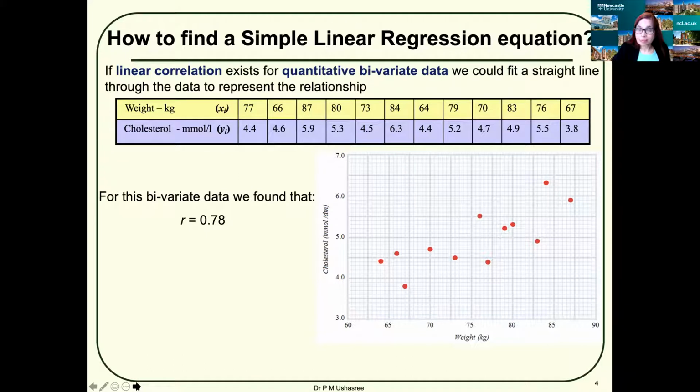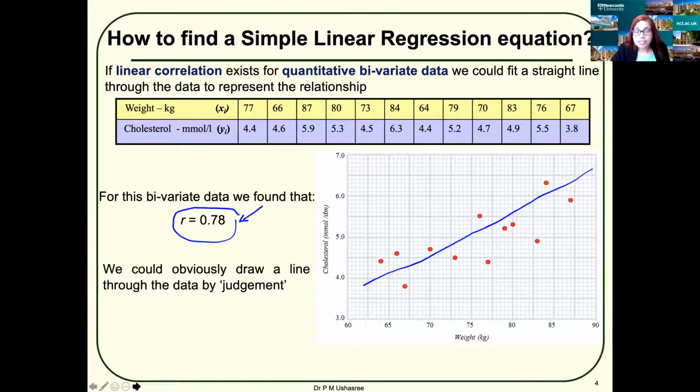We have seen that in part 1, and we have seen that for this data, the r value was 0.78, and from the scatter plot and from the correlation coefficient, we have seen that there is a positive correlation. And you might draw a straight line through the points somewhere like this,